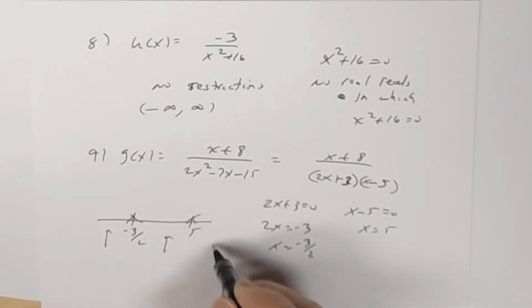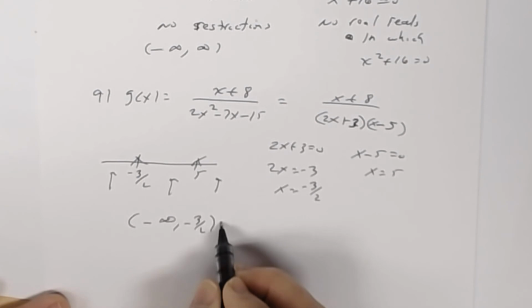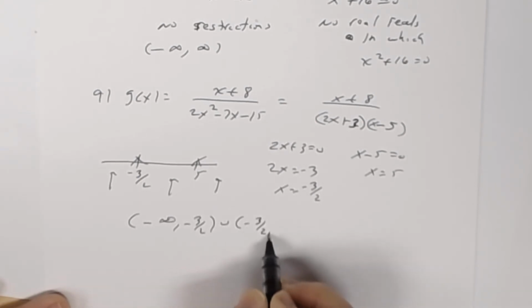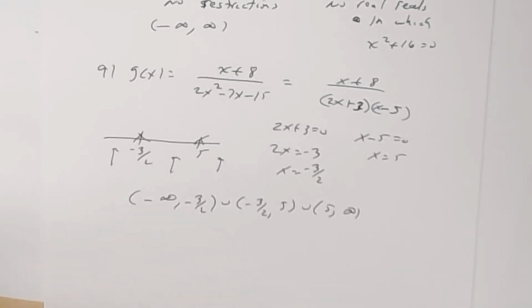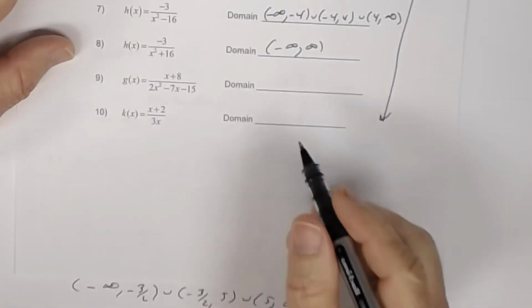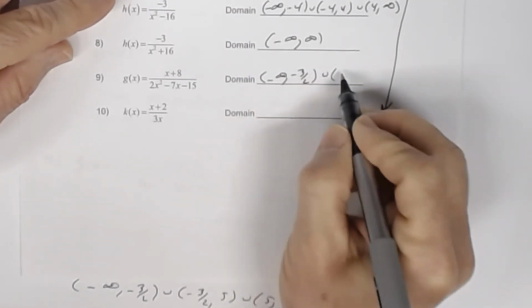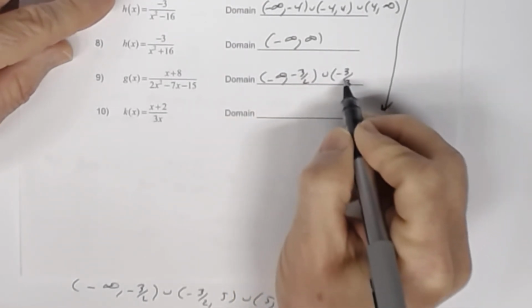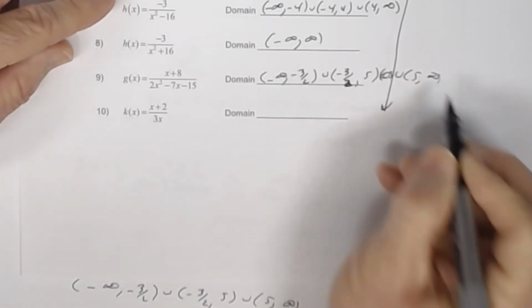All right, so I have 3 intervals. So I'm going to say -infinity to -3 halves, union -3 halves to 5, union 5 to infinity. So that's the answer to number 9. So number 9, we have -infinity to -3 halves, union -3 halves to 5, and then union 5 to infinity. All right. And then in number 10,